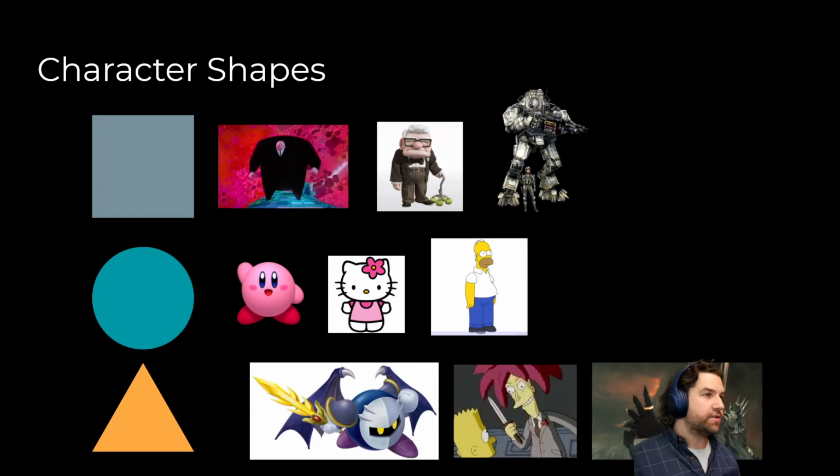Then you get into triangles. Triangles are like horns or spikes or spears or shark's teeth. These are things that are sharp, they're pokey, they're dangerous. They're also very fast. So if you take Kirby and you give him a bunch of triangles, you get Meta Knight. At the same time, whereas Homer from The Simpsons is literally just circular shapes, we see the villainous Sideshow Bob